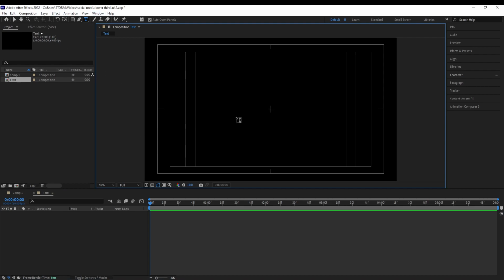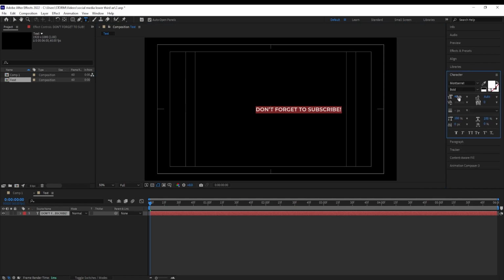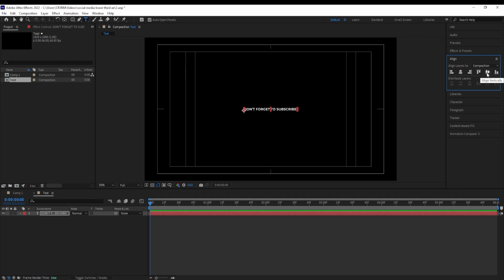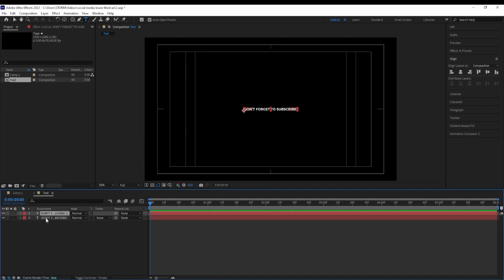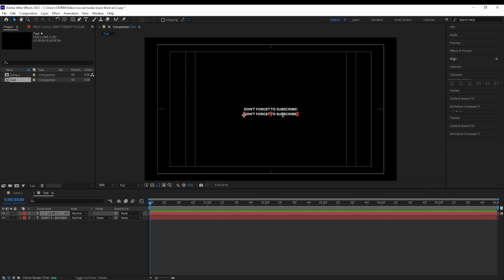And select text tool and type in the text. Have them selected, so go to character settings and scale it to around 25, and the font I'm using for this is called Montserrat Bold, and align this into the center. So Ctrl D to duplicate it and move this down just like so,